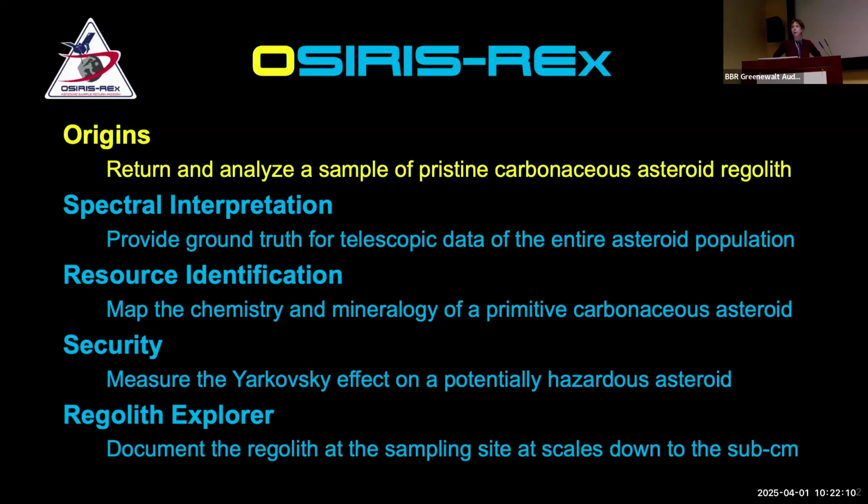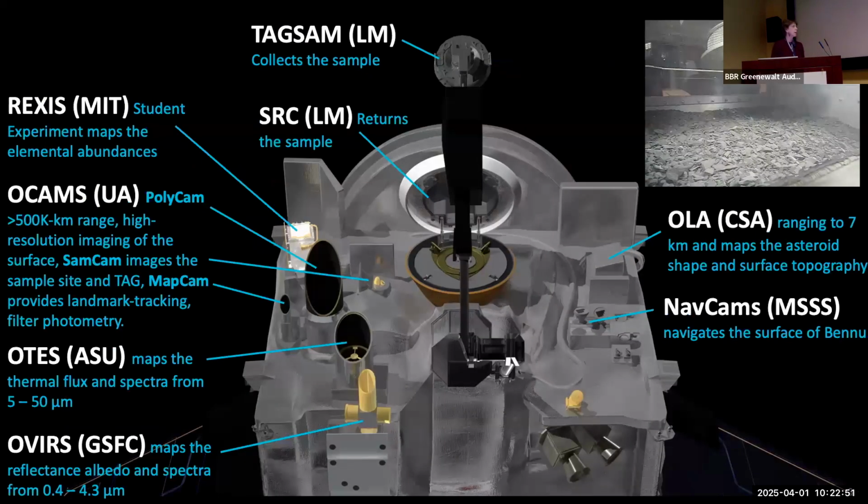It had security jobs as well, which was to measure thermal properties of the asteroid that tell us how likely it is to come into contact with our own planet or get near to our own planet. And it examined the regolith at many scales using a variety of kinds of imaging devices to tell us what this looks like. The OSIRIS-REx mission launched. It took 2 years to get there, so that gives you an idea of what it means when we say near Earth. Of course, the objects that we're talking about when we talk about ocean worlds are much farther than that. But then it also spent 2 years looking at that